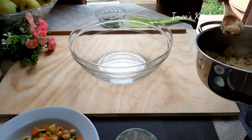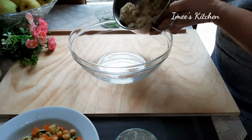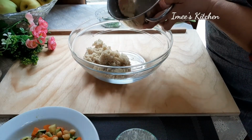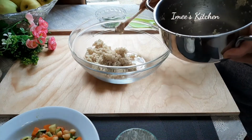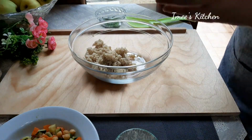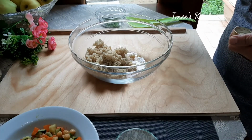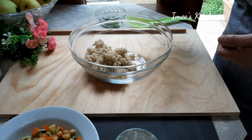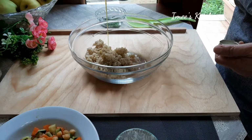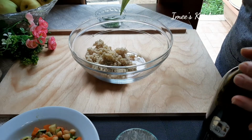So quinoa is cooked already. So let's put it in this bowl. So you can create, or you can use your fantasy in mixing quinoa with anything, vegetables, legumes, whatever you like to mix with quinoa. So I put olive oil, and then,